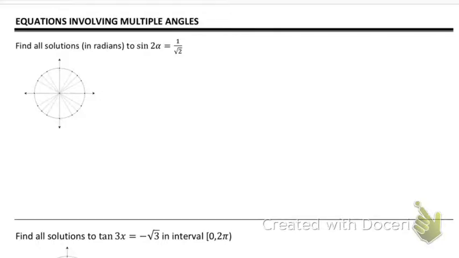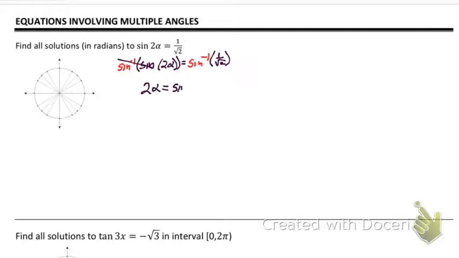All right, so we're supposed to find all the solutions in radians to sine of 2 alpha equals 1 over square root of 2. Well, this is almost the exact same problem we just did. I'm just going to add some notes in real quick. To get rid of a sine, I do sine inverse of 2 alpha, which is going to equal sine inverse of 1 over square root of 2. I took the sine inverse of both sides just to show you why this works. We're going to cancel those out, and we're going to have 2 alpha